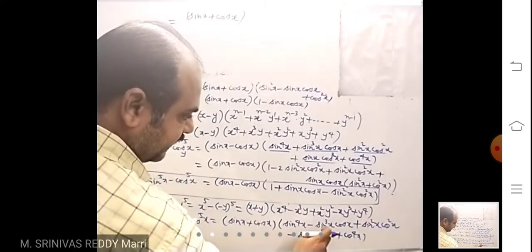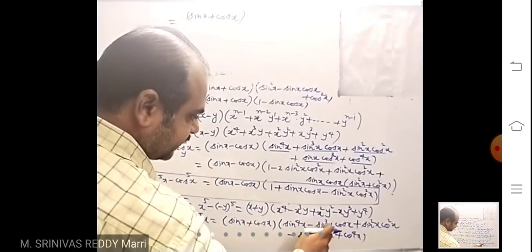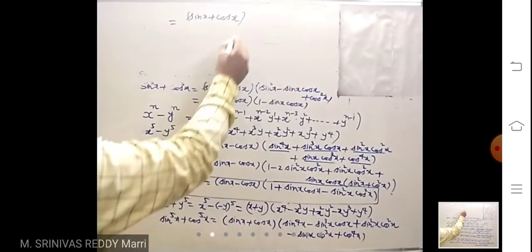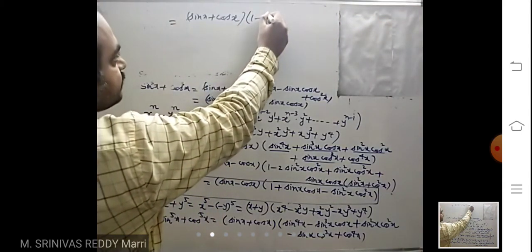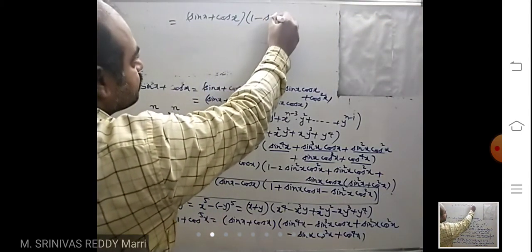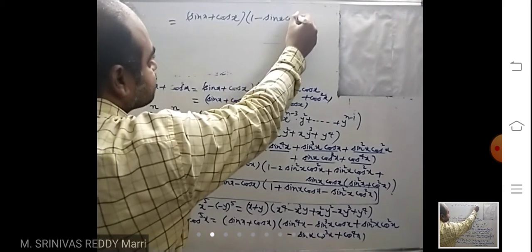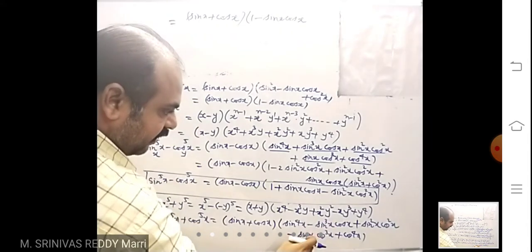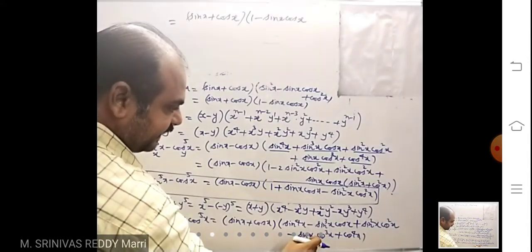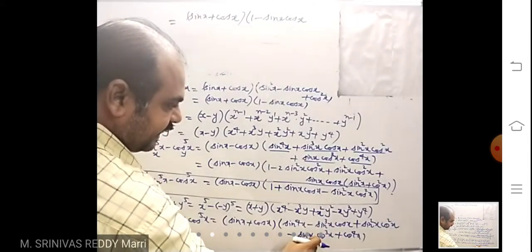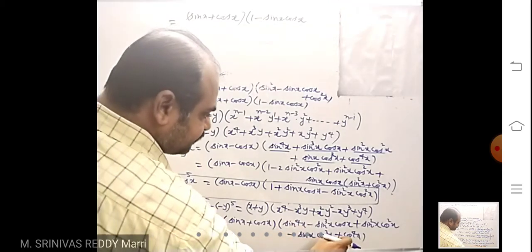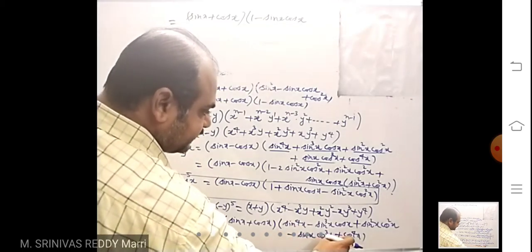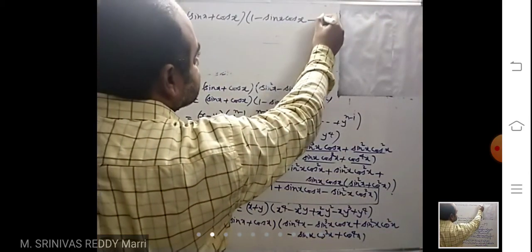Right? So from this term, minus terms are there. If you take minus common, then you will get the simplification like this: 1 minus sin x cos x. After taking common from these two, minus sin x cos x, you get 1. This one plus this one, 1 minus 2 sin square x plus sin square x. That means minus,